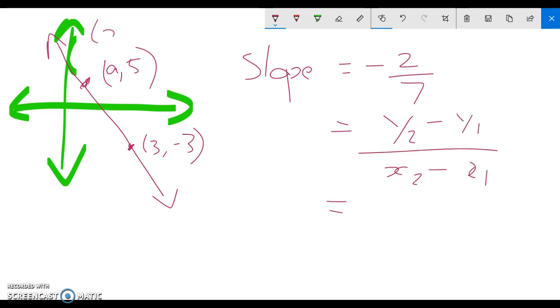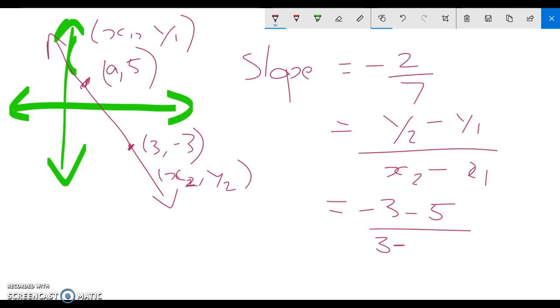We're going to call one of these x1, y1, and one of these x2, y2. Again, it doesn't really matter. Consistency is the important thing, not what they're called. So y2 take y1 is going to be -3 take 5. I'll try and do this a bit neater. x2 take x1 is 3 take a. Alright? And the slope equals -2/7, so we can say that